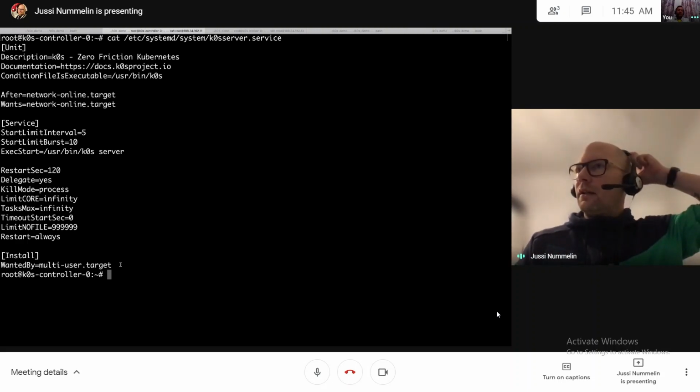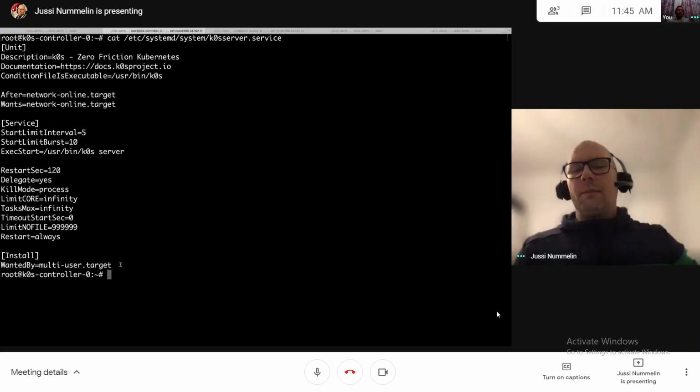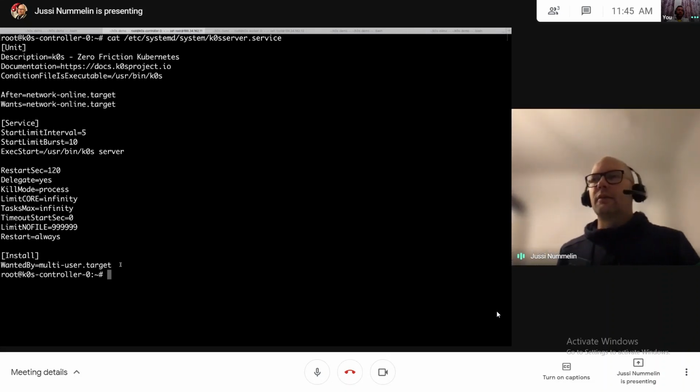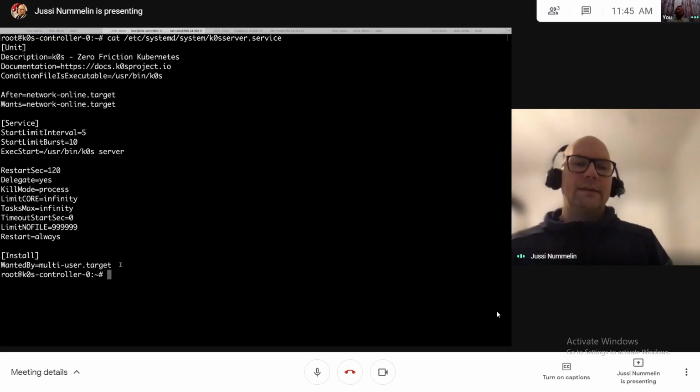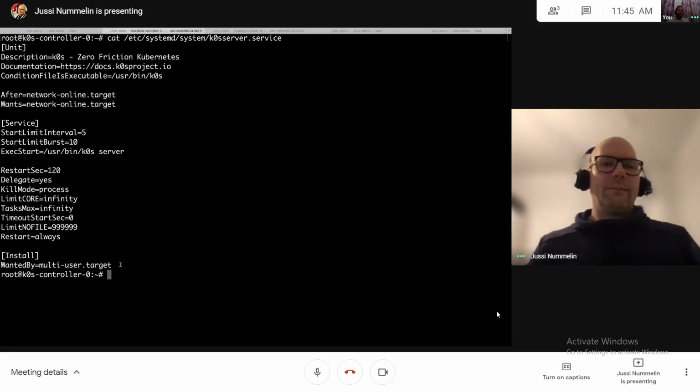But the main difference in k0s compared to others is the fact that the control plane is isolated. That allows versatility in the deployment architecture of k0s, and that was probably the main thing that led us to create k0s in the first place.